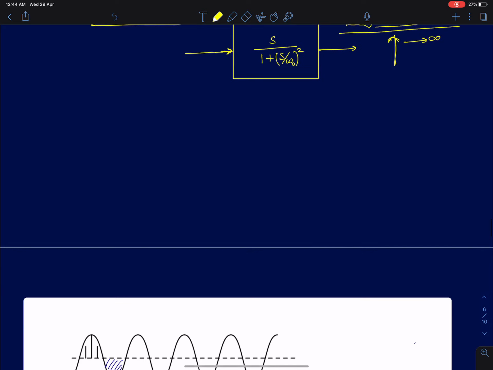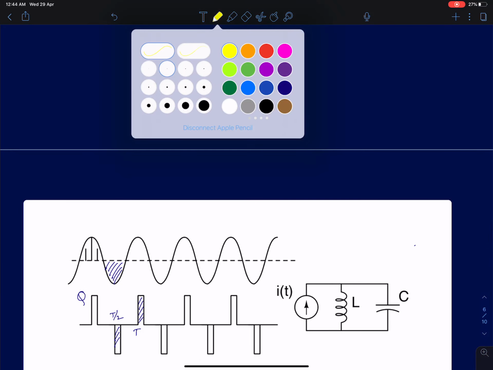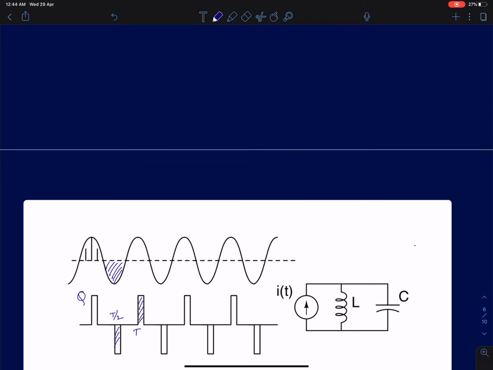I'll take another example of a sine wave, because a sine wave is a signal that is both positive and negative, right? So I've just considered a unipolar pulse signal, which is always positive. If you see a sine wave current source, in the positive half cycle it is delivering a positive charge. In the negative half cycle, it is removing charge, or giving a negative charge to the system. So to model that, I'll lump all this positive charge together.